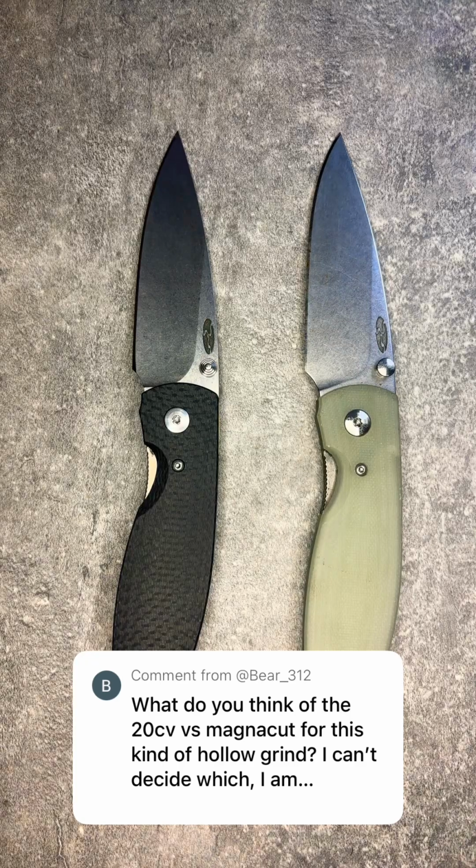So Bear 312 has a great question here, which is: on a thin slicey knife like this, the TRM Atom, especially in this hollow ground version, do I prefer a steel like 20CV that prioritizes edge retention a bit more, or a steel like Magnacut that is a little bit tougher, maybe a little bit less edge retentive? I think about this a little bit the same way that folks talk about chef knives,